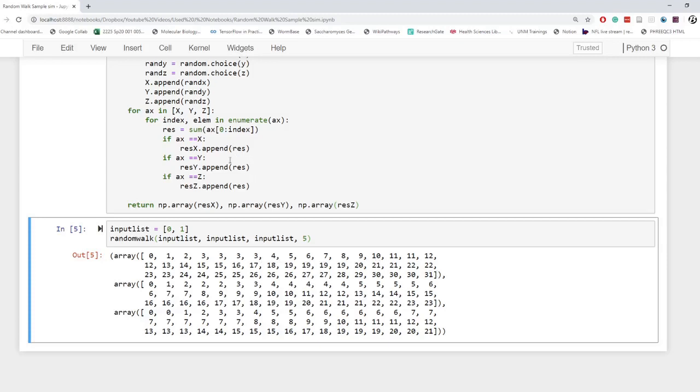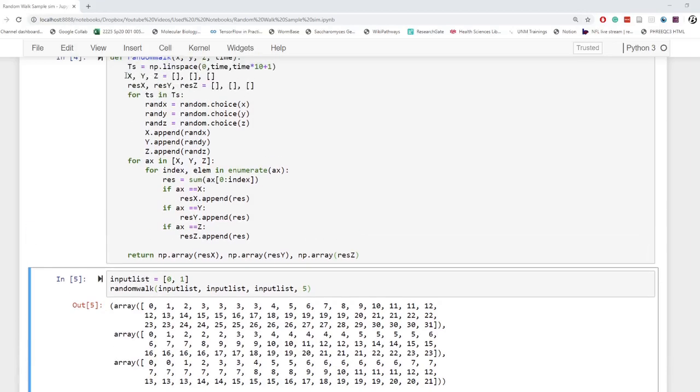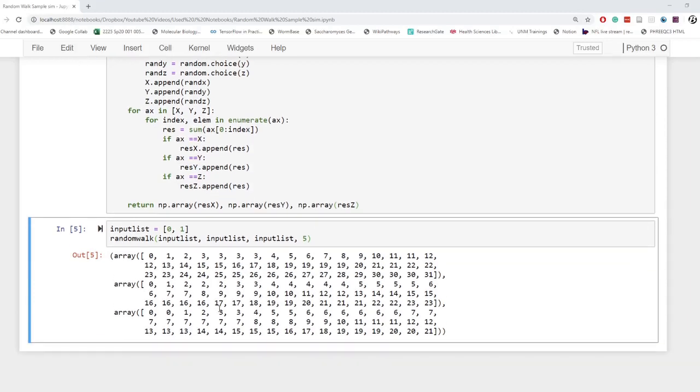Or the sum of the 0 to that index of not our resulting list, but our X list. That's why it's important to have the X list as a placeholder. And so then we just append that sum of that list to the given index into our resulting list. And so our resulting list is mapping from the placeholder list. Now if I go ahead and add some more elements,